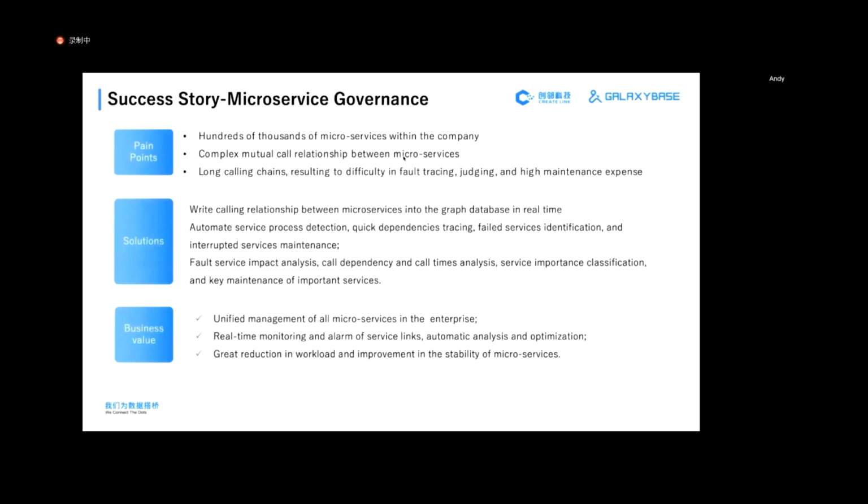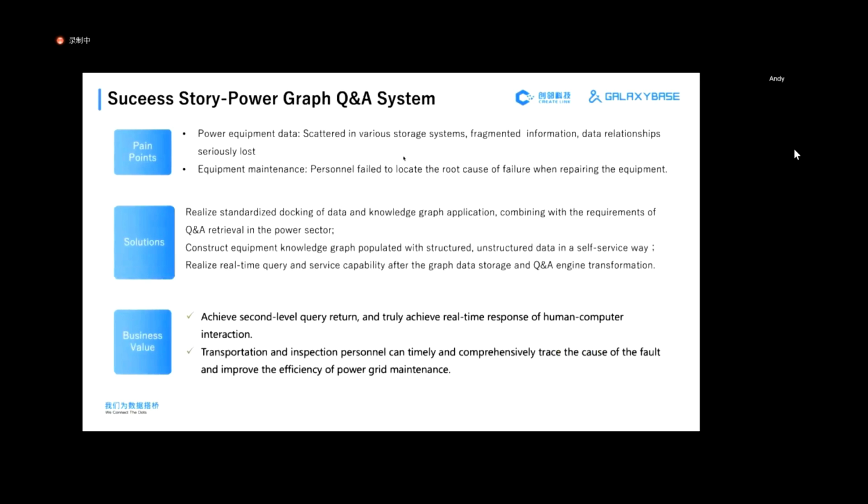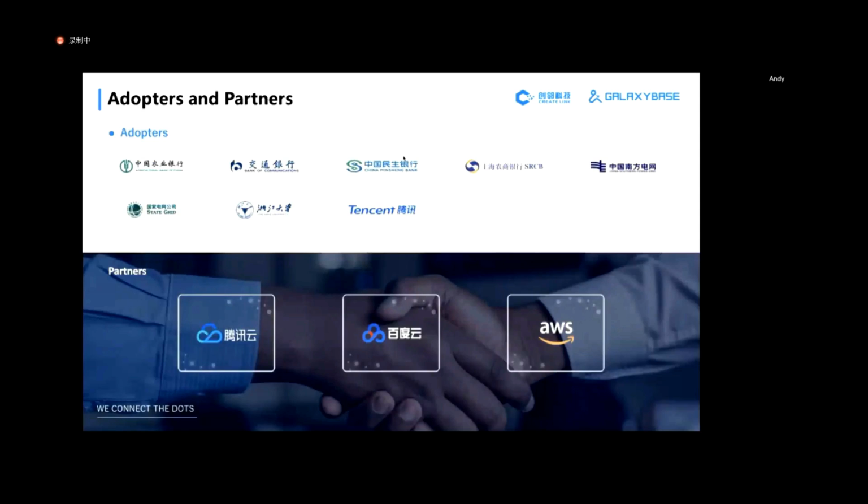In the case of microservice governance, we write calling relationships between microservices into the graph database in real time to automate service process detection, quick dependency tracing, failed services identification, and interrupted service maintenance. In Power Grid, we provide real-time calculation and iteration of Power Grid data, realized by a rich algorithm library for Power Grid risk assessment, and realize standard docking of data knowledge graph applications, combining with requirements of Q&A retrieval in the power sector. Here is a list of partners and customers we have,